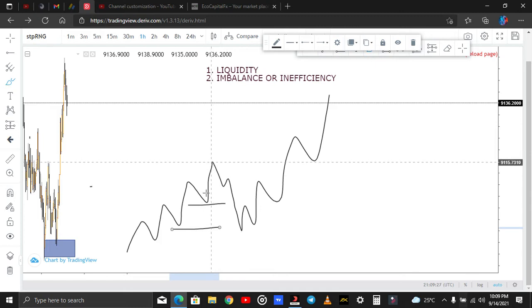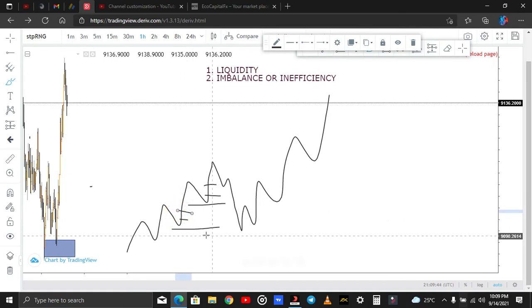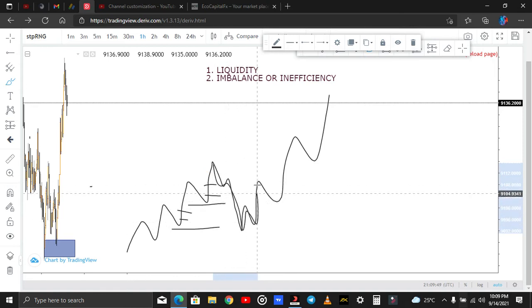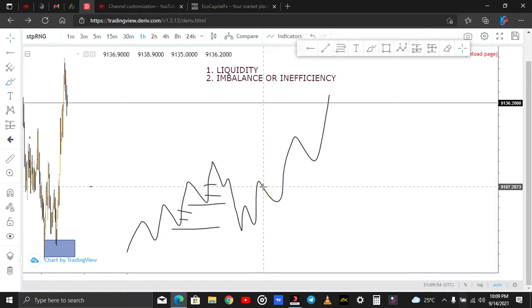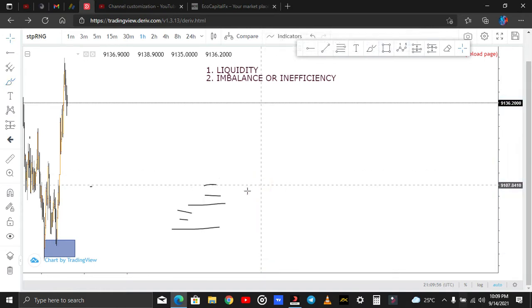The institutional traders already know that everybody buying this trade, maybe from here or from here, will have their stop losses hidden under this zone, under this swing low here. Even people that bought from here will hide their stop loss from here. So price will just come and hunt their stop loss, grabbing all the liquidity and going back upwards. That's just the concept of liquidity grab. Okay, so hope you understand.